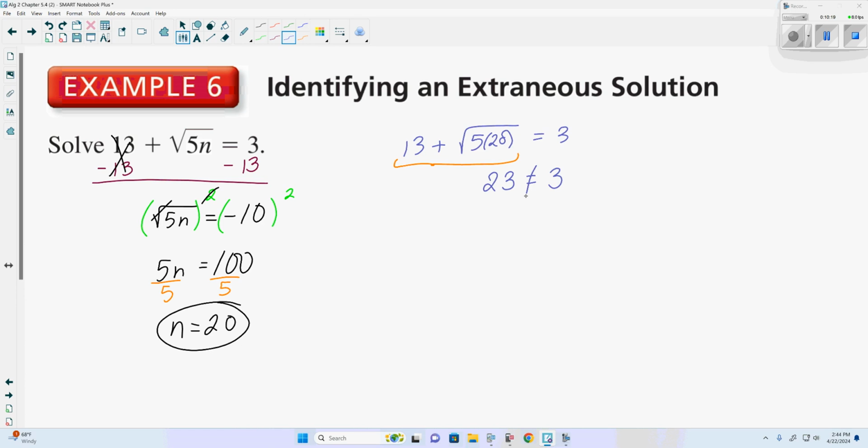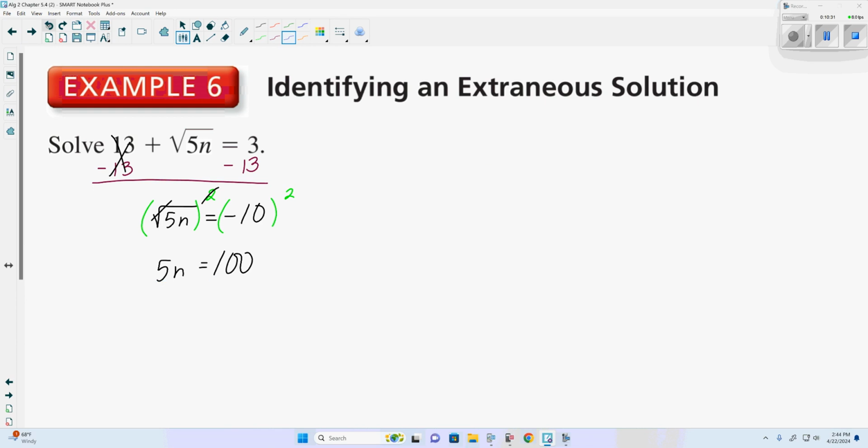So what does it tell us about 20? It's wrong, which means this is no solution. Okay. Before we move forward, I'm going to go back. What did we say about a square root? The numbers that come out of a square root have to be what? Positive. Yes? So is there any way that the square root of 5n could ever be negative 10? No. So this is